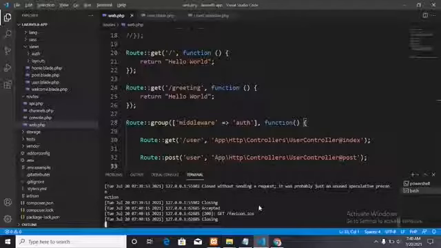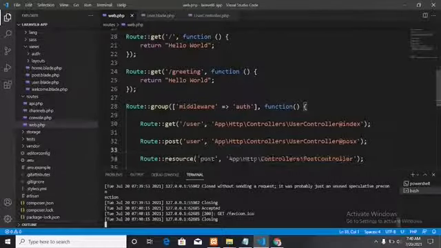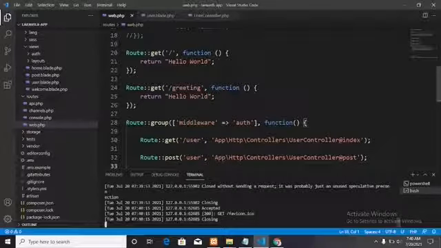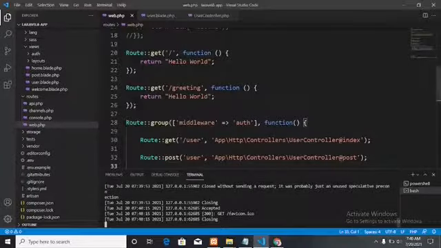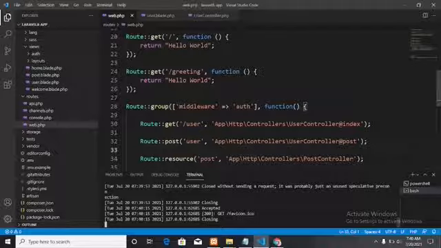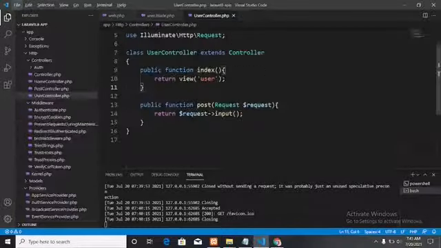All right, the first one we're going to look at is responses array. Responses array deals with returning particular data within your application. We are just going to look at a basic example. Let's go to the users controller. Here we are presented with this, and for example, we are returning the view user. Now let's say I want to return a particular